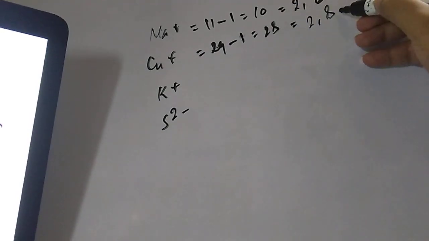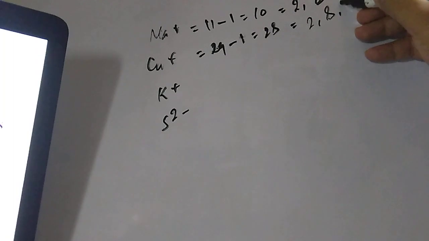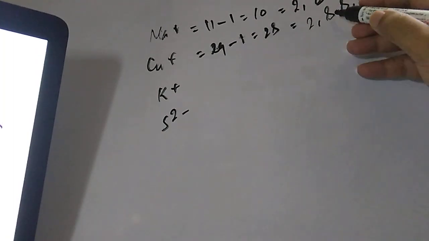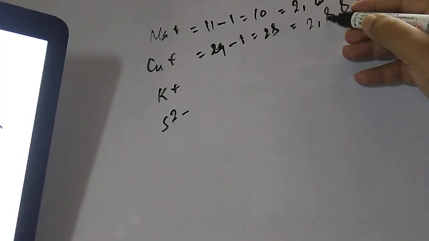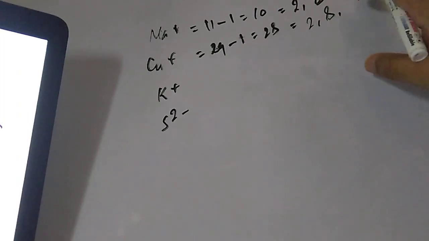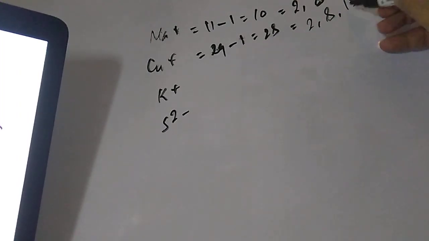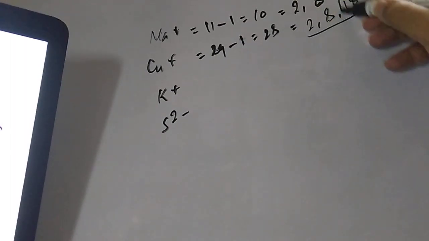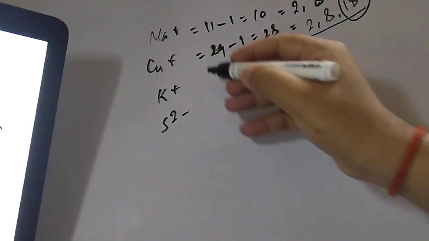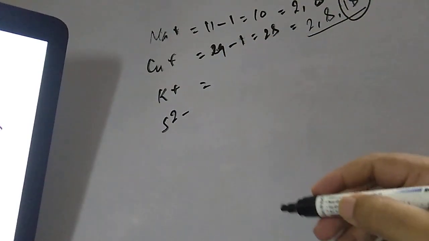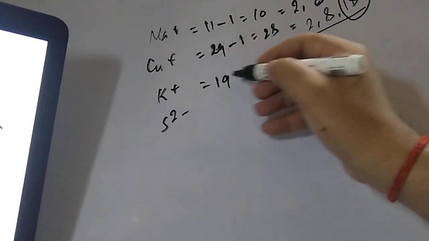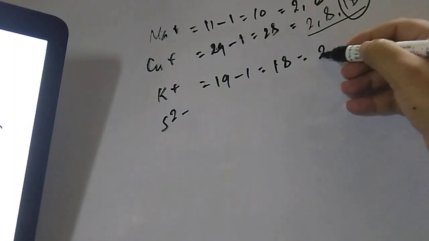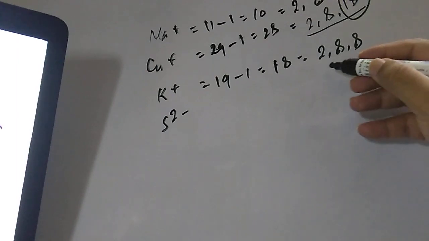2, 8, then 2, 8, 8, and how much is 18. Now add, student, 18, no, this 8 will not come, this is the 18. So 18 and 10, 28 is coming, this is 20. So the valence shell has how many? 18 electrons. If you come to potassium, students, potassium is 19, with 1 positive charge, minus 1, that is 18. 18 means 2, 8 and 8.